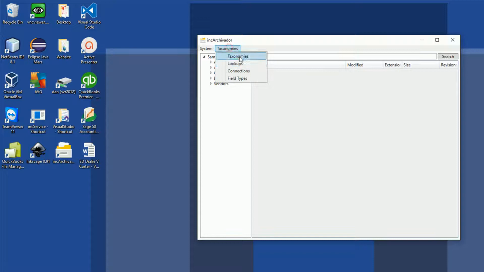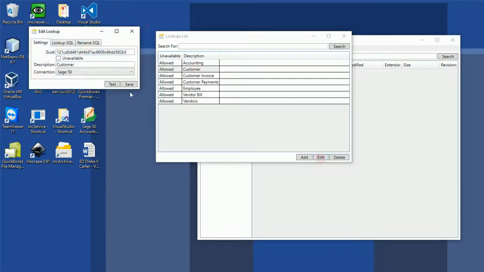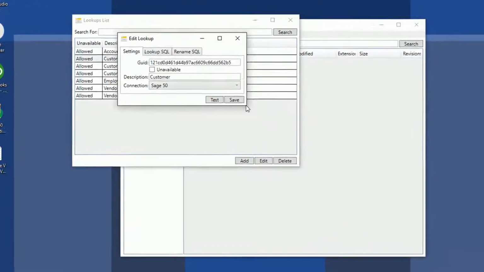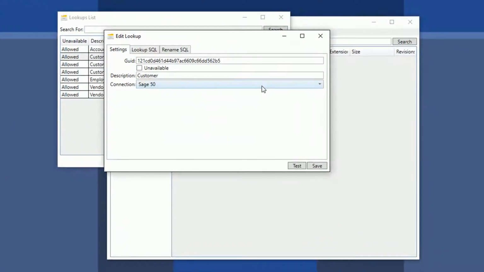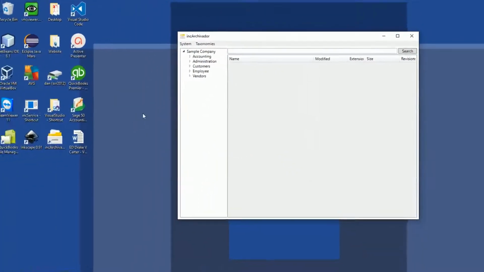When creating a lookup, we can define the connection type, define the query, and then to see what this looks like when importing a document,